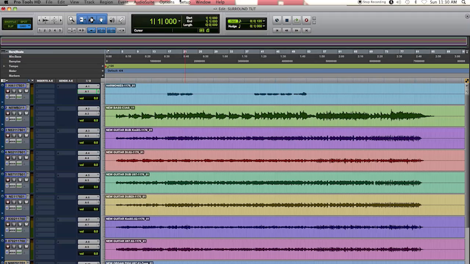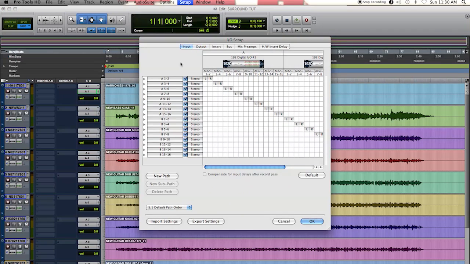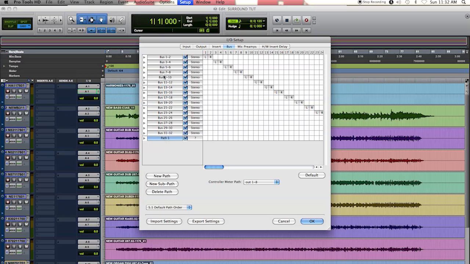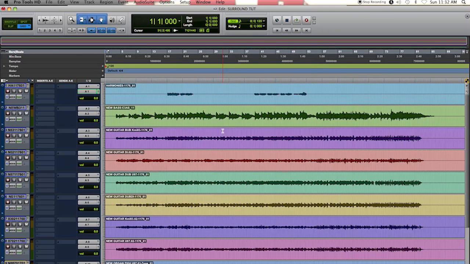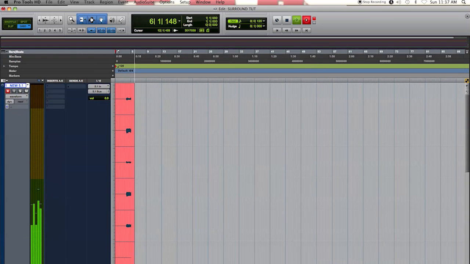Now to record your tracks back into Pro Tools, you need to make a 5.1 input in your Pro Tools I/O. Also make a 5.1 bus to temporarily assign the outputs of your track to. Hit record, and now you got your tracks back into Pro Tools with your panning preserved. To listen back to your mix, if you have 6 available channels on the board, go